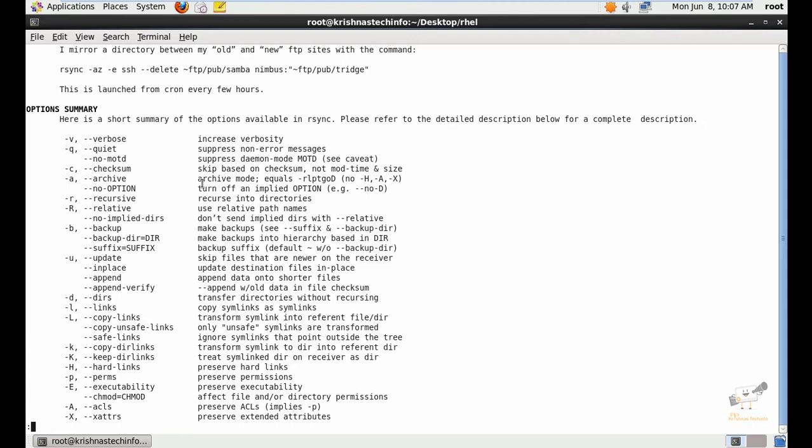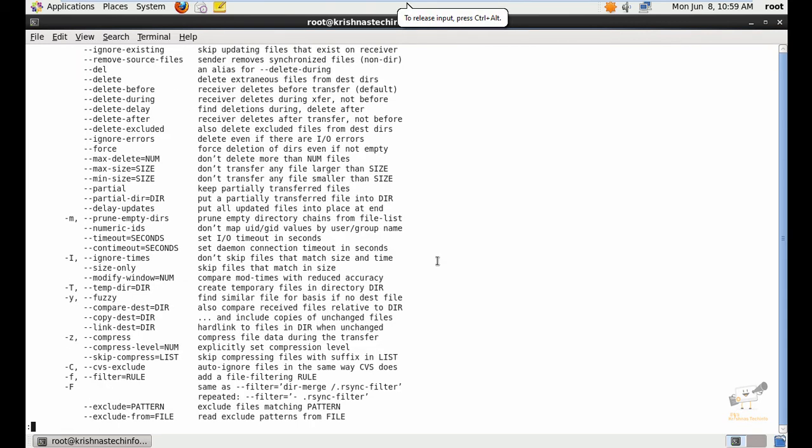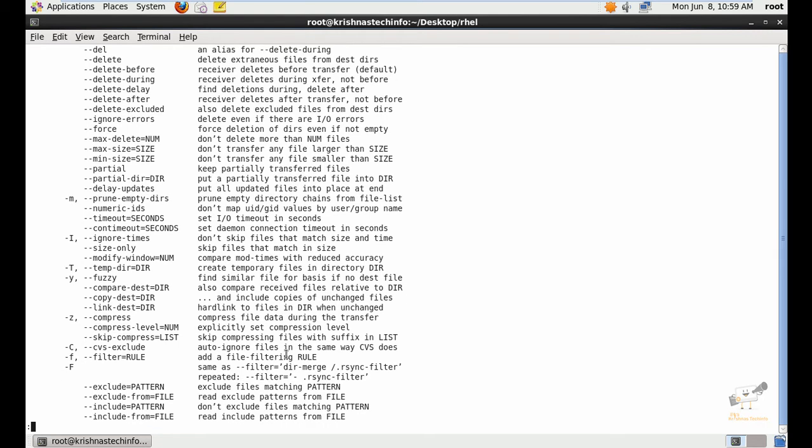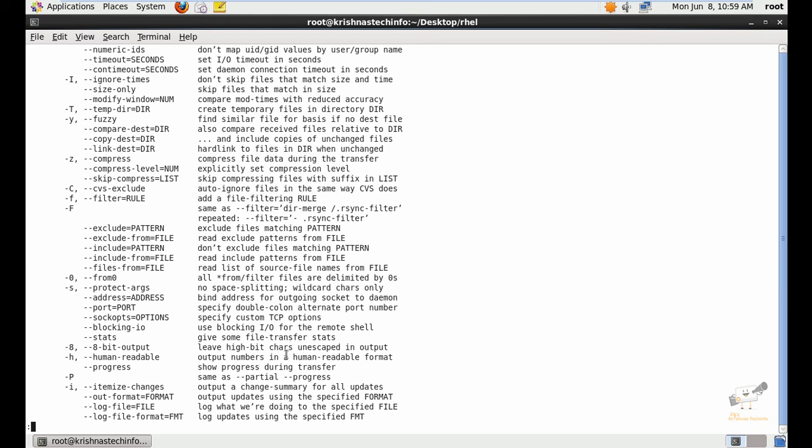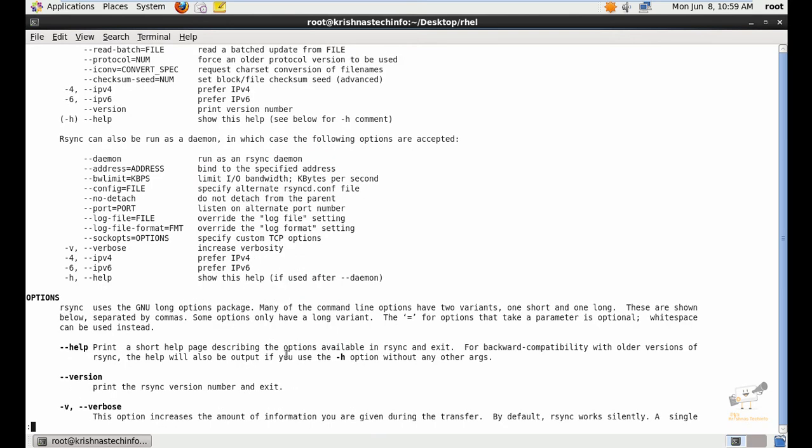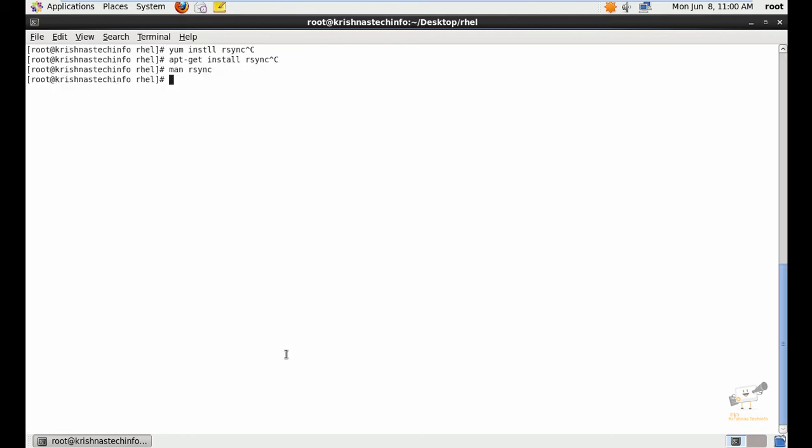So you can use the archive mode when you want to preserve soft links, file permissions, and other information. The -z option is used to compress the file data during the transfer. You can also set the compression level here, the numbers. You can also see the other options like exclude and include. In this video we can see the options that we use most.